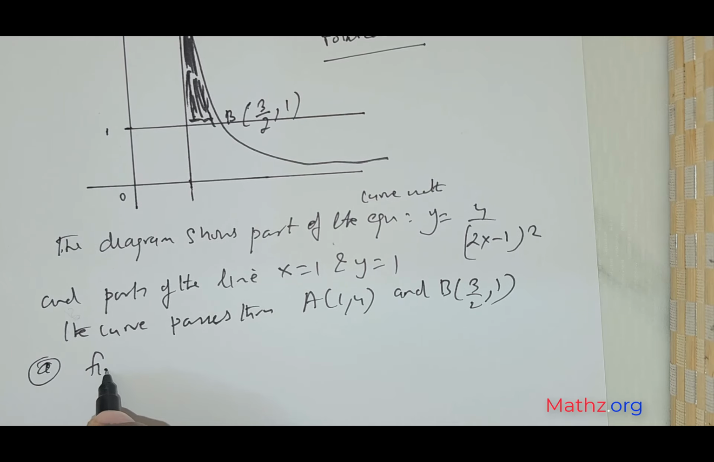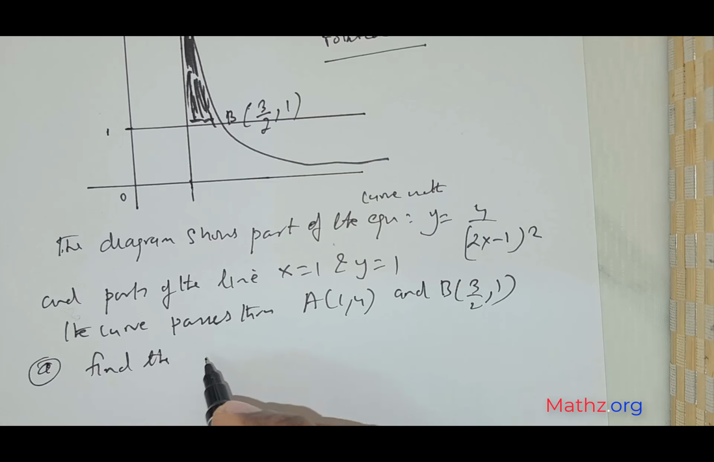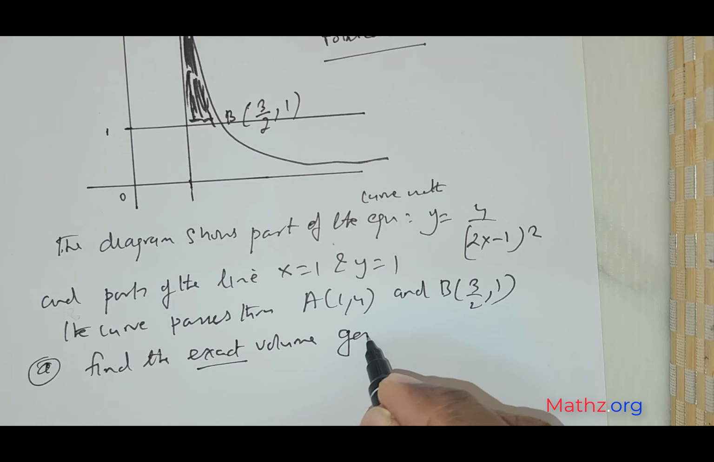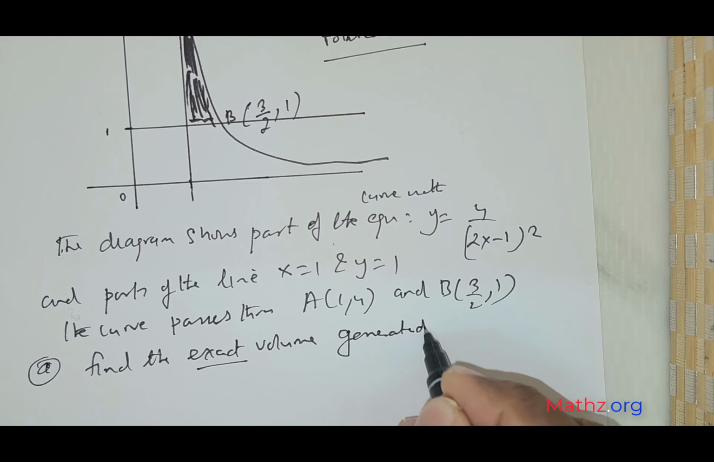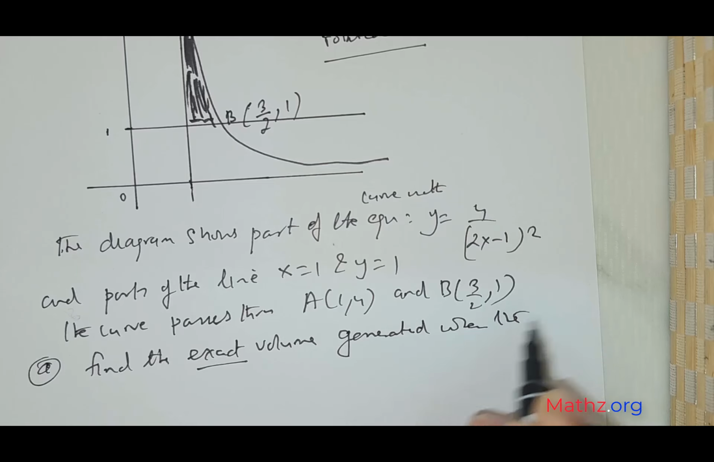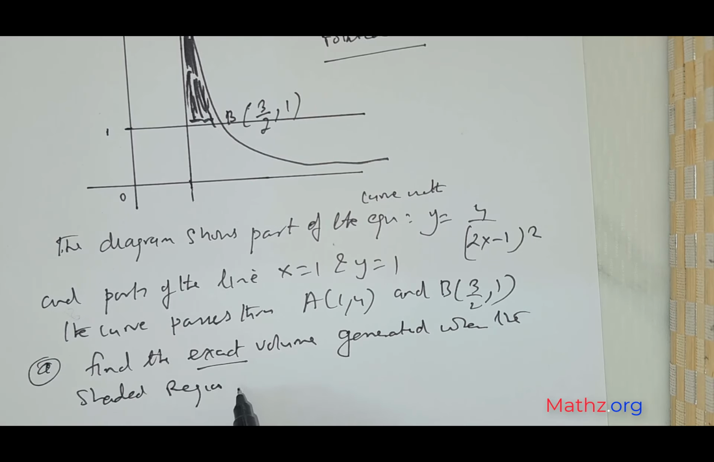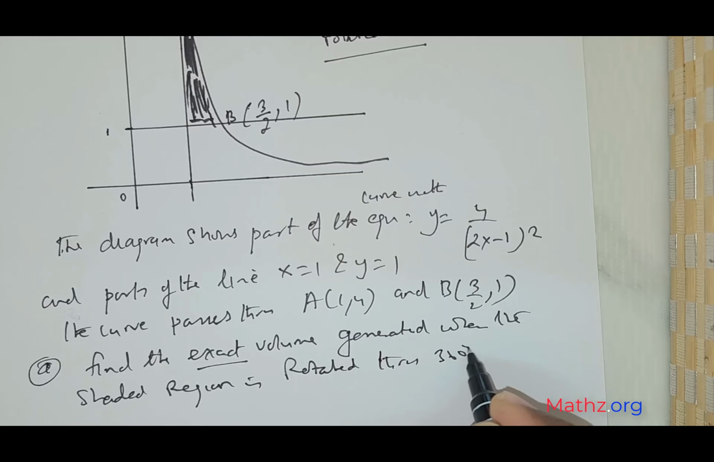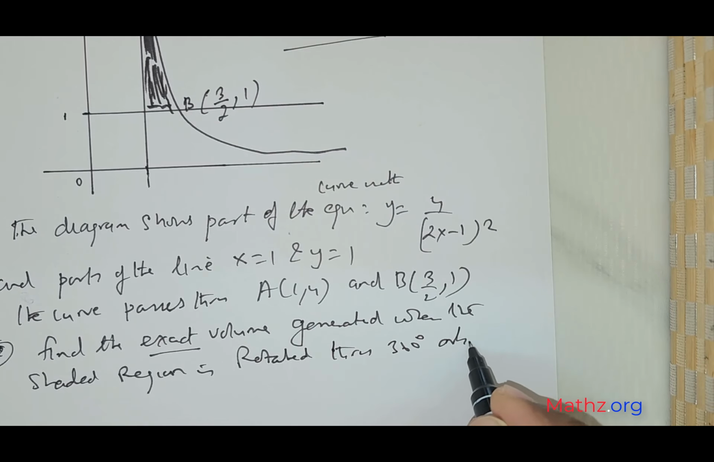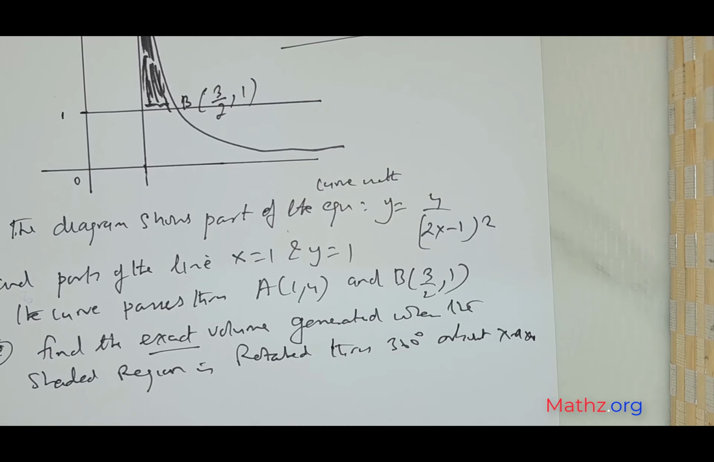And question A, find the exact volume. So that's a key word, exact volume generated when the shaded region is rotated through 360 degrees about x-axis. Okay,